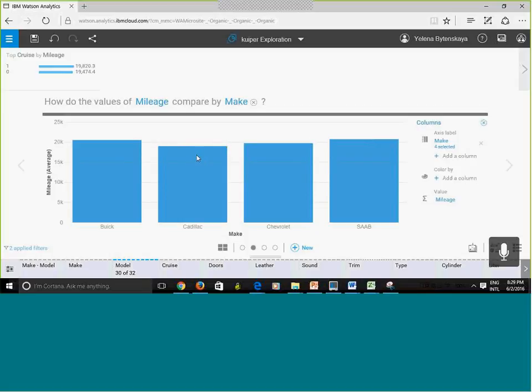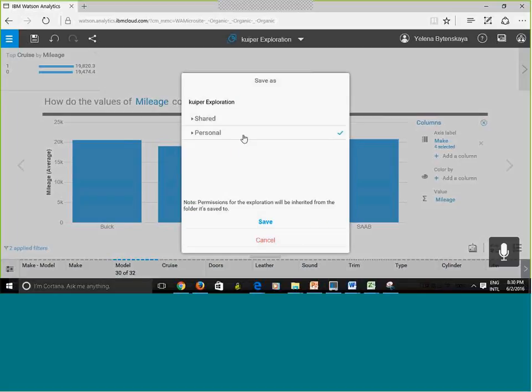It updated my visualization. And notice here, it also gets updated, right? Now, another thing to keep in mind is that my work is not saved. So if there is a power outage, or if I lose the internet connection, I'm going to lose this. So what I need to do is hit save.